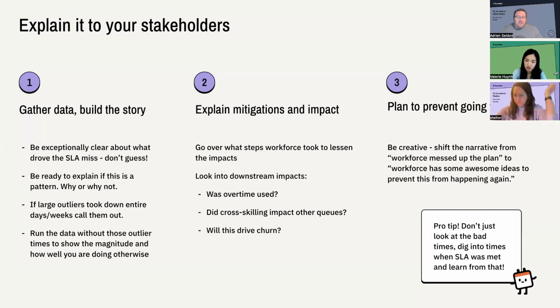Number two, explain mitigations and impact here. If you had some mitigations, like bringing in some of that extra staffing, if you had overtime you could go after, did you do cross-skilling? This is a great one to explain what was done and then see if there's any sort of impacts. Did you bring in people from your technical support to help out on your general care, and then technical support also got queued up? That would be an example of a downstream impact to explain and say, oh, technical support wasn't part of the outage,